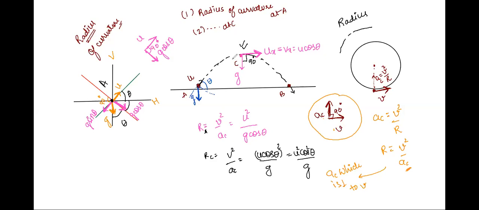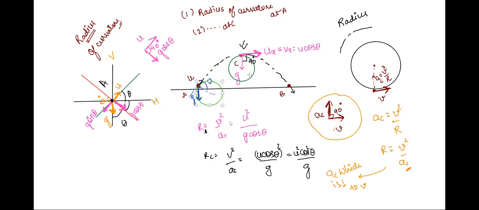See here, the circle for which radius of curvature is being found might be something like this. See, over here also we'll have some radius of curvature. So along any path, we'll have some radius of curvature. Curvature means at that point, whatever the curve is, had that curve been an arc of a circle, what was the radius of that circle? This is what we are being asked, right? I hope you all are clear with the concept of radius of curvature.